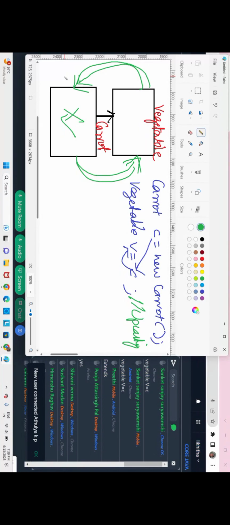Here what is happening is, we have created an instance, Carrot c is equal to new Carrot, the constructor. Now Vegetable v is equal to c, that is a parent class reference, which is called upcasting. Now how can we do downcasting? Since we are converting from vegetable to carrot, we have to go for a carrot variable. Carrot c1 is equal to